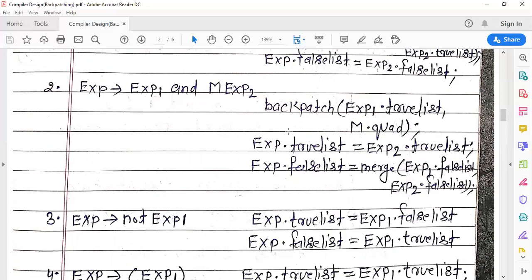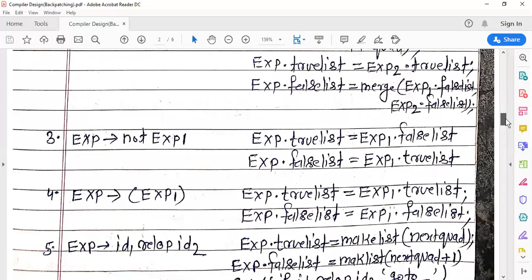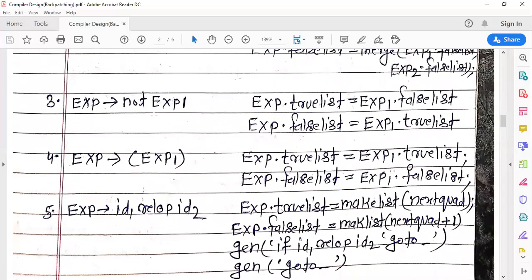So this is the semantic rule for the production exp derive exp1 and m exp2. Now third grammar: exp derive not exp1, exp.trueList is equal to exp1.falseList, exp.falseList is equal to exp1.trueList.